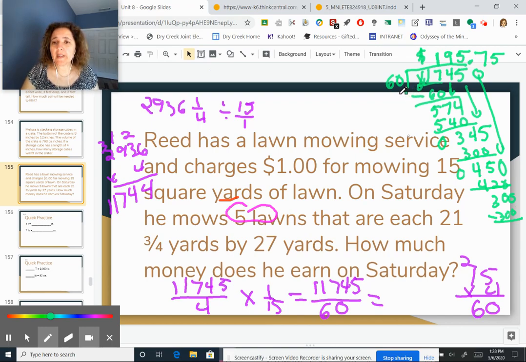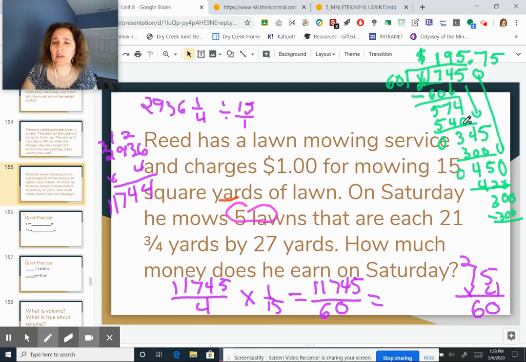Okay. So 60 does not go into 11. So I've got to do 117. So 6 times 2 is 12. That'd be too much. So it goes in one time. So I subtract 60. 7 take away 0 is 7. 11 take away 6 is 5, 57. That's smaller than 60. Yes. So I did it right. So I've got to bring down my 4. 6 times 9 is 54. So that's close to 57. So I'm going to do it 9 times, 54. 7 take away 4 is 3. So I did that. Bring down